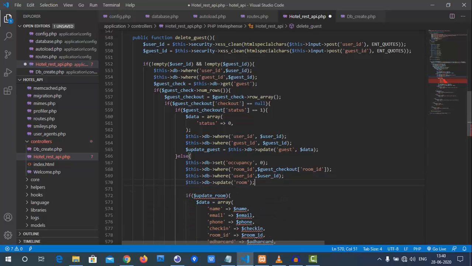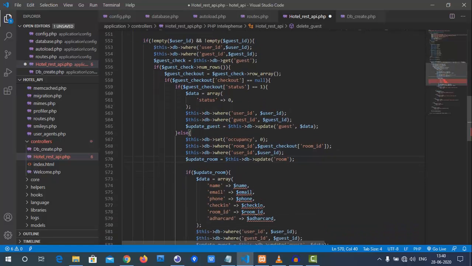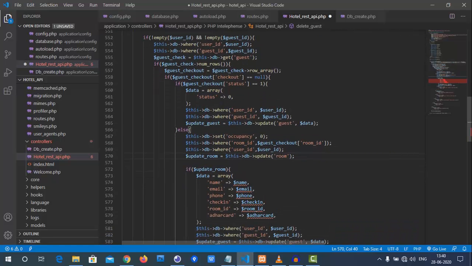Else, we need to set the occupancy of the guest checkout room ID to 0. There is no need to manage a new occupancy because we are deleting it, which means the room is empty.